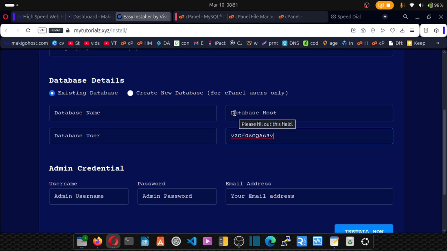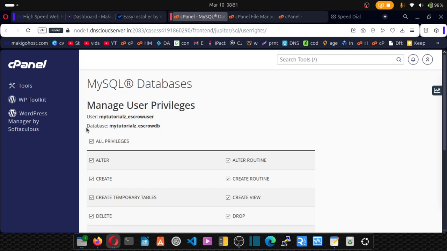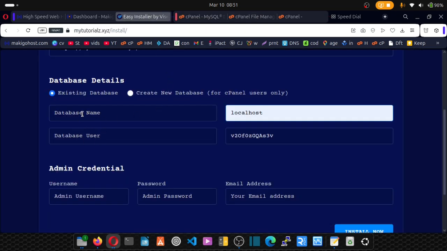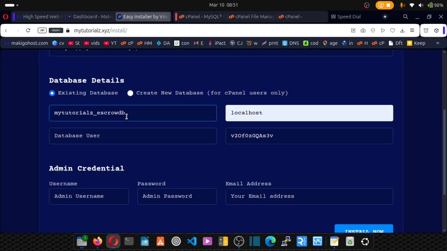Database host, put localhost there. So we put localhost. Database name, which is here. So we copy from here to here, come back, and we're pasting it here. Database user, copy the first one, we're pasting it here. Admin credentials, these are the details you need to log in to your administrative area as